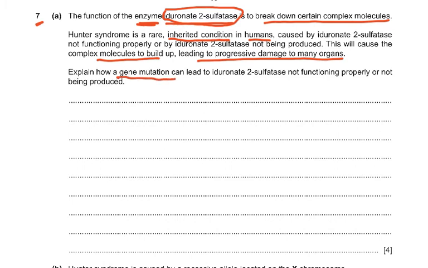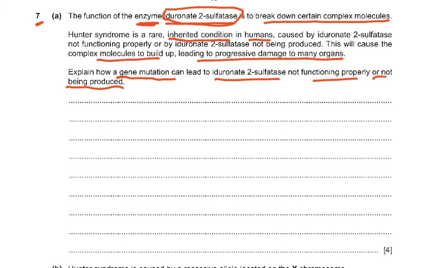Explain how a gene mutation can lead to this enzyme not functioning properly or not being produced. Now, very simple. A gene mutation means, what is it? It's a base deletion or a base insertion or a base substitution, which will result in a frame shift, which will result maybe in a stop codon. So that protein is not properly made, which means that the primary structure will be affected, and this change in the primary structure will result in a change in the 3D shape of the